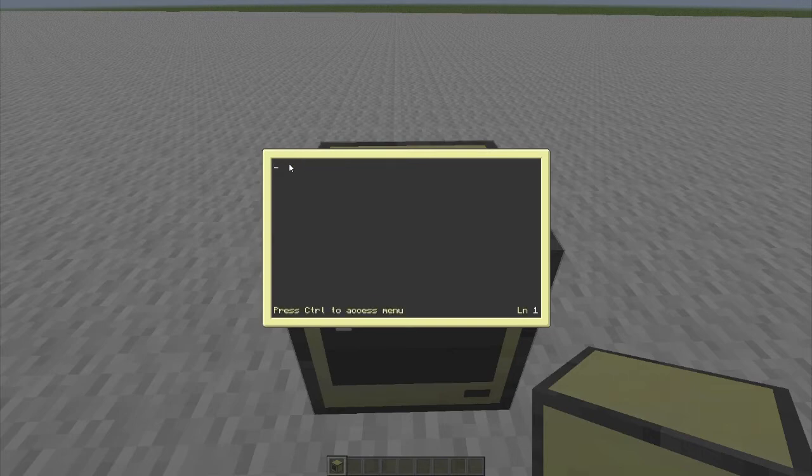Once you've done that, it'll open up a window or console-type scenario, and it will say at the bottom, press Control to access menu. You press Control, and you get three different options: save, run, and exit. So let's start out with something simple. If you want to put something on the screen,